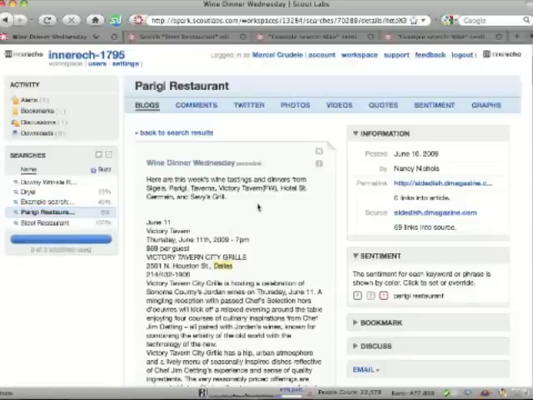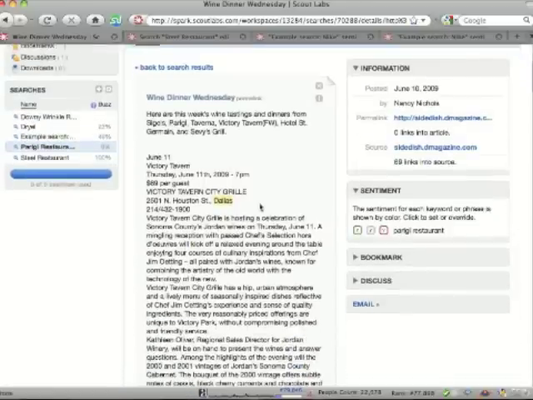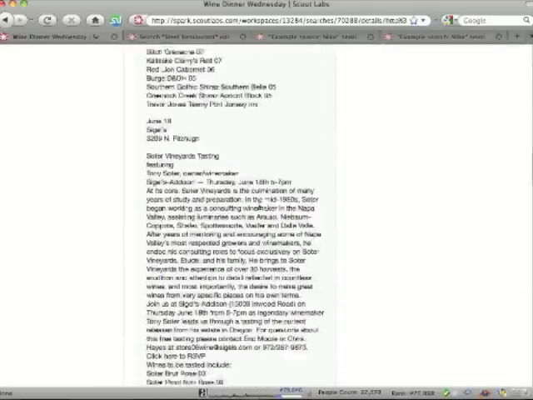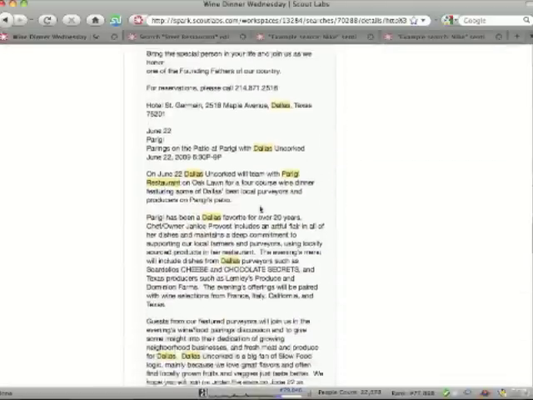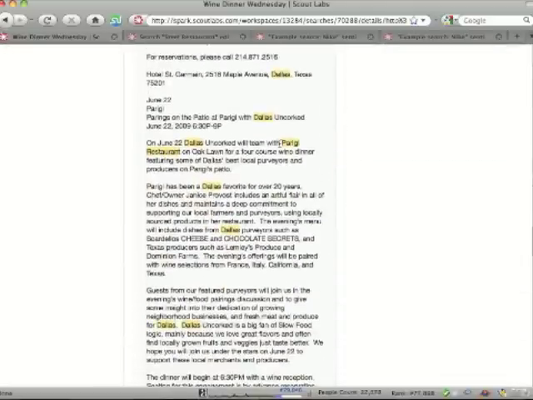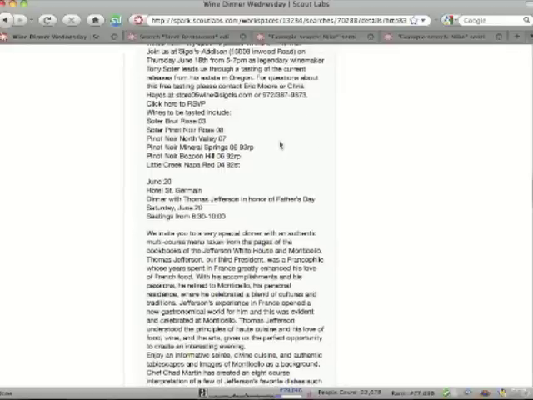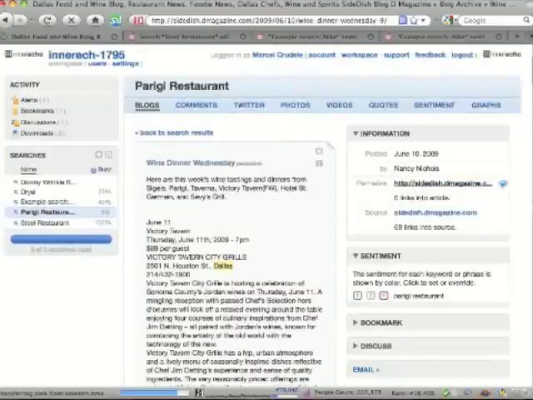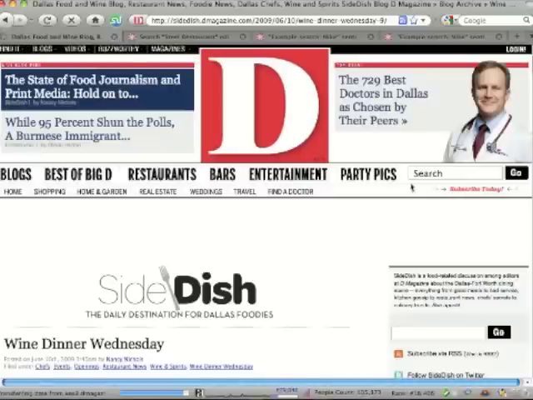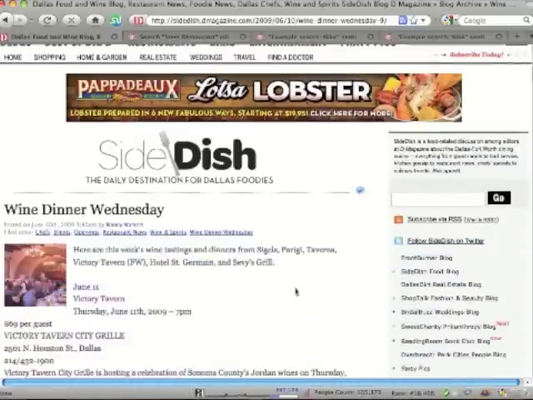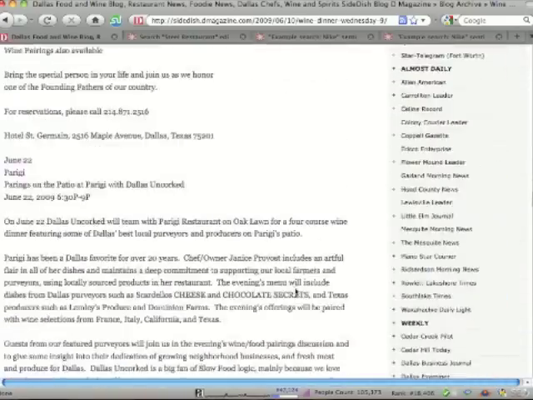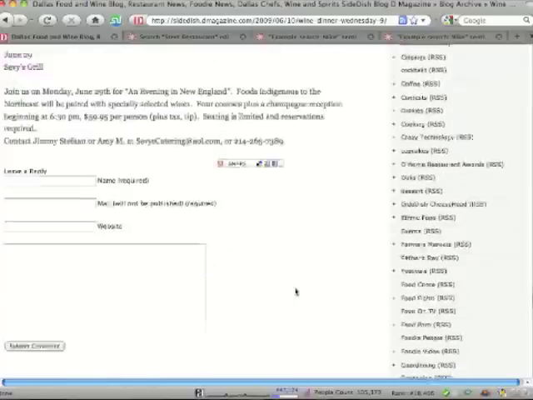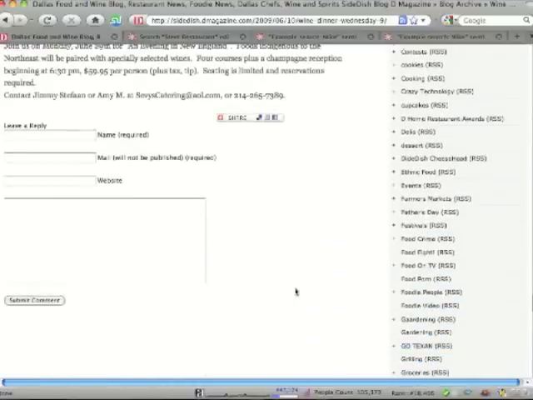In this case, we can see it's an announcement of a variety of different events throughout Dallas. If we scroll down to the bottom, you can see here's where Parigi Restaurant's mentioned. That's pretty good. You're aware of what people are saying about you. But the next step is going to the actual blog post on D Magazine, scrolling down to the bottom,